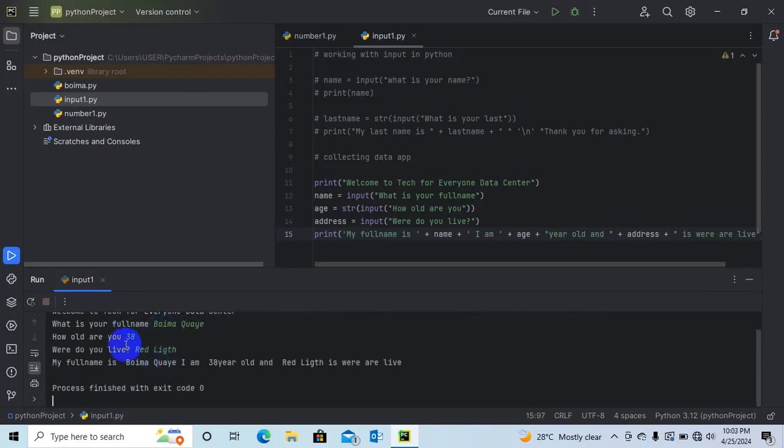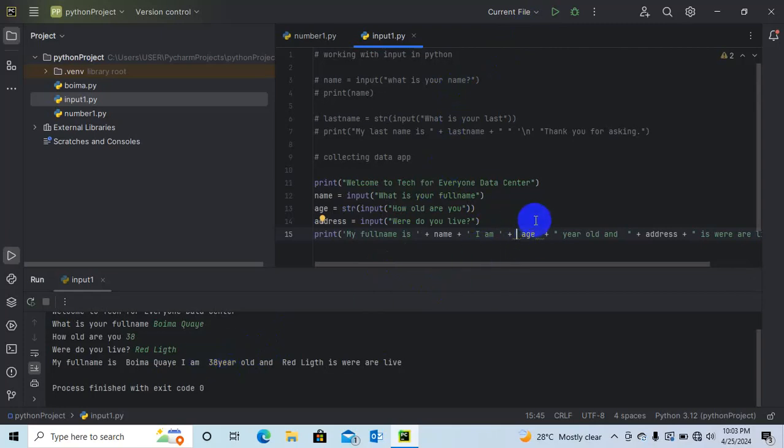My full name is Boimakwe. I'm 38. So I put a space there, because you see how close the 38 is.